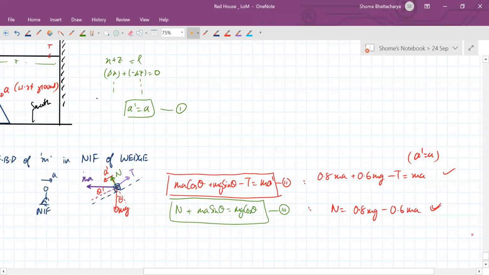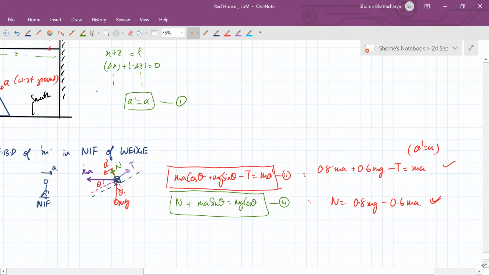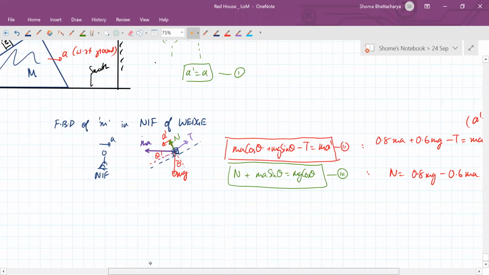This is the other equation. Okay, and I'll tell you why we need this equation,